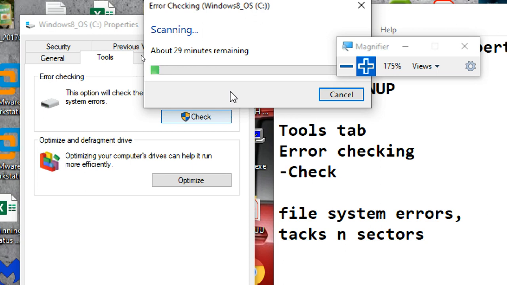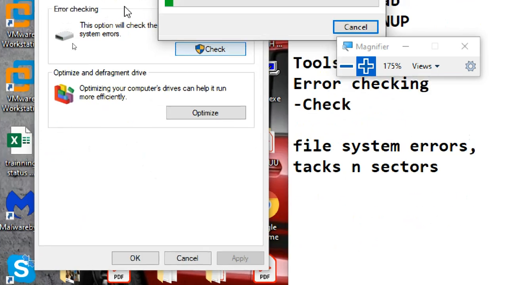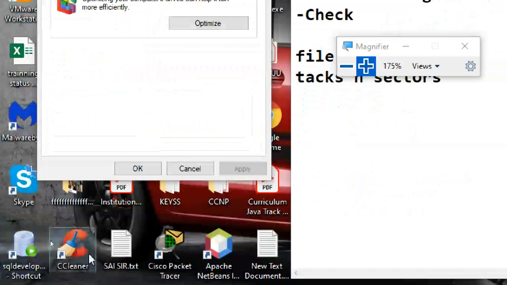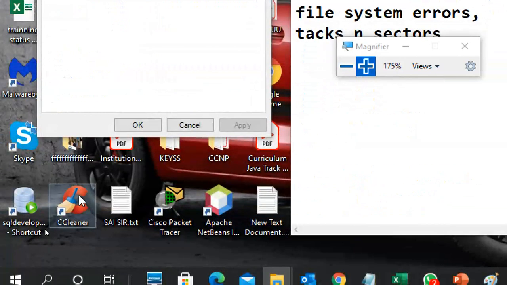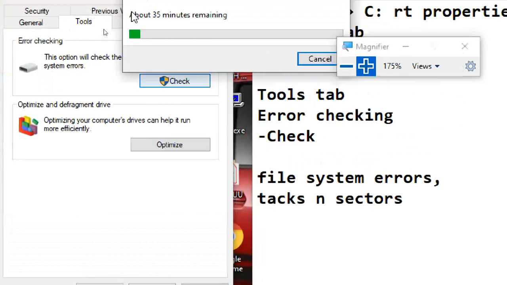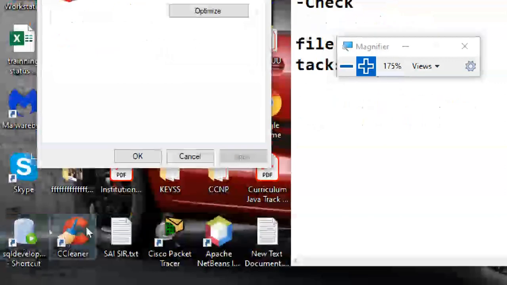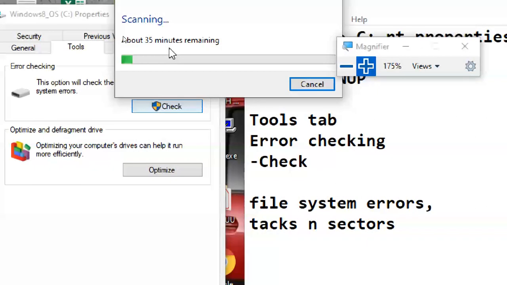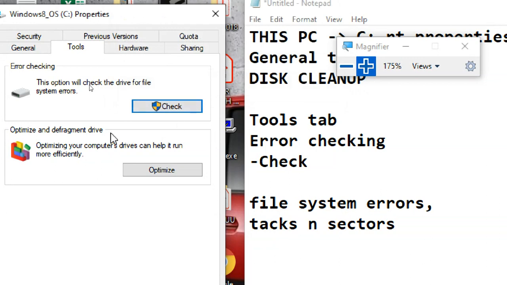Don't use anything extra. For your PC, if you want, you can use one or two applications like 360 cleanup. I normally use CCleaner. You can use CCleaner, and if you find any keys or buy CCleaner, it's okay. Otherwise we can also use it free. Don't use the trial versions. I will tell you the main advantage of using CCleaner. It is now showing 35 minutes remaining, so I'm canceling this one, guys. It will take a lot of time, but you can do it.